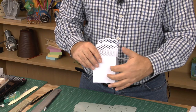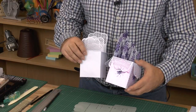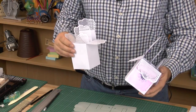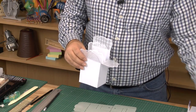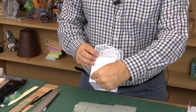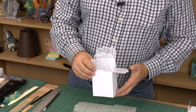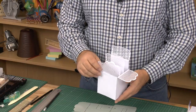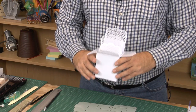Incidentally, if you do want to do as I said on this other one here, you're going to need at least an A4 size cutter in order to get that through your machine. This just won't work on your Big Shot, your smaller Big Shot, so that's something to point out. But if you only have a Big Shot, you can do everything that we've got here, and you could make the panels separately and then just stick them on as well if you wanted to, which I actually think is a better way of doing it, because if you do mess up on something, you haven't ruined all the work that you've done already. So with that aside, let's start off and show you how to make one of these